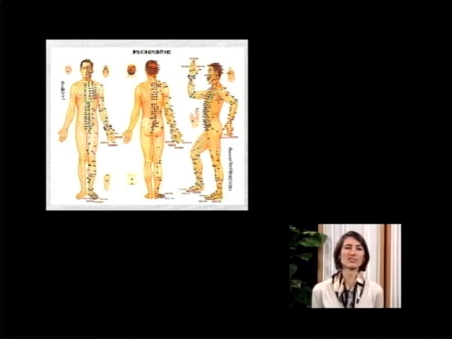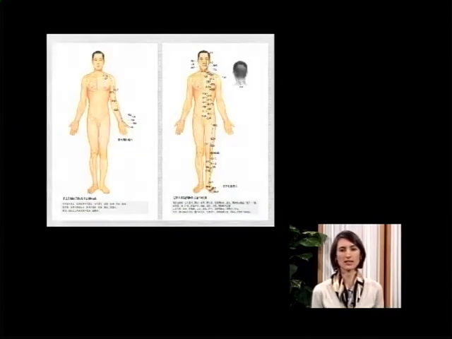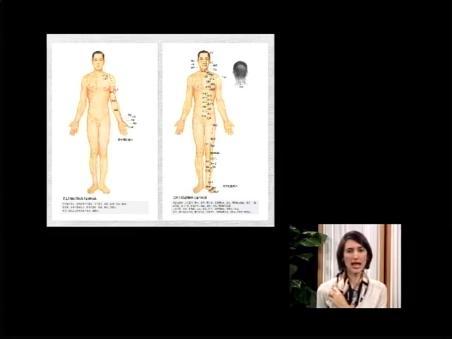And all the little dots that you see on the screen are the names of the different acupuncture points. Now, if we take one point and one meridian and separate it out, we can see that on the left side of the screen, this is the lung meridian. The lung meridian starts here at the shoulder, and it runs down the inside of the arm all the way